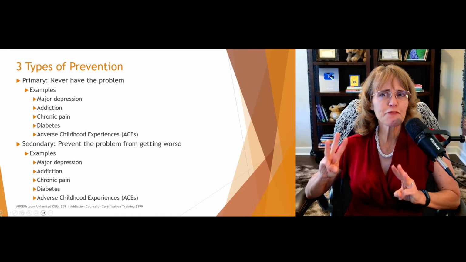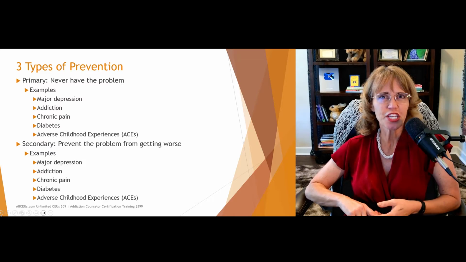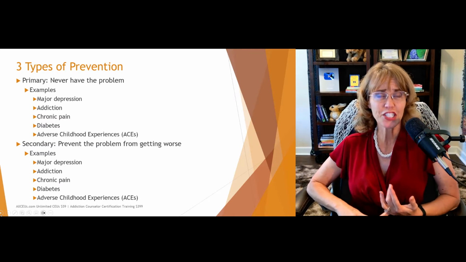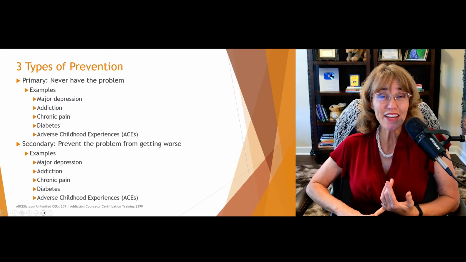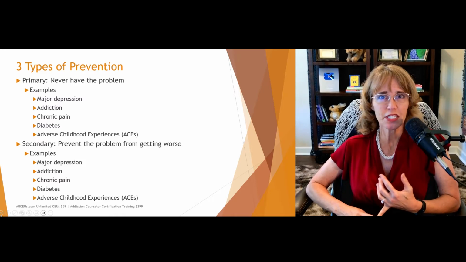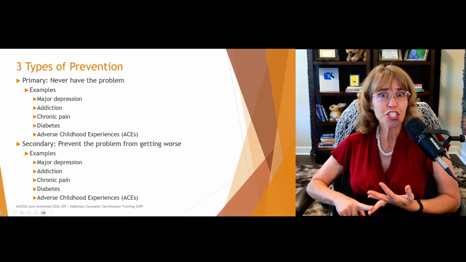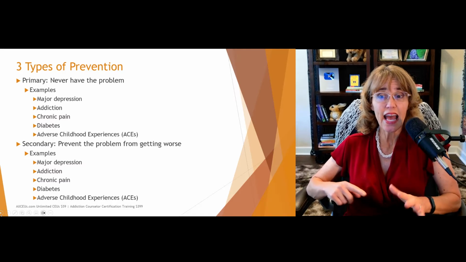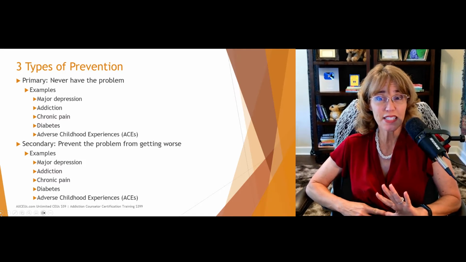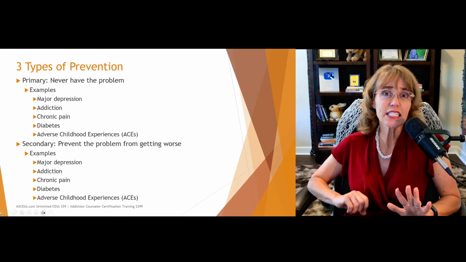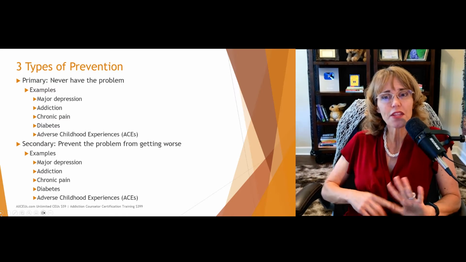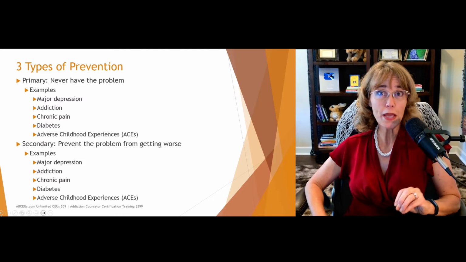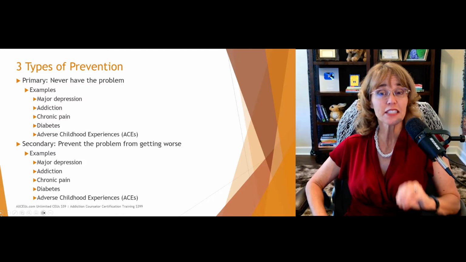3 types of prevention. Primary prevention. You never had the problem in the first place. Example, major depression. Some people go through life and they never have a major depressive episode. Hallelujah. Addiction, chronic pain, diabetes, and adverse childhood experiences. These are all, at least type 2 diabetes, these are all things that it is possible to prevent. So people never actually develop these